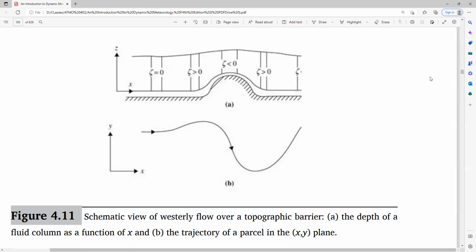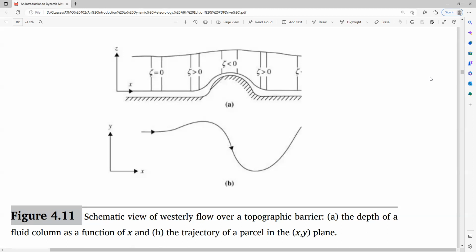Then that means the planetary velocity is going to increase. Planetary velocity increases, and further you will have anti-cyclonic curvature. So it will move here and go anti-cyclonic. So it will have an oscillation. But if you look at the